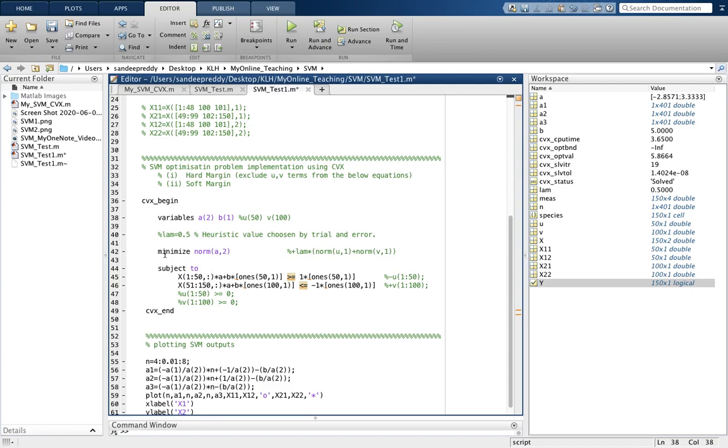As you can see here, minimize, this is our objective function. We were concerned about the 2-norm. Here A is the variable, whereas in our example W was the variable. Here I have used A and B as the notations. We can always change it to W, there is no problem. X is the input data point, and earlier we clubbed these into two equations. I am writing them individually here. There is no problem with writing them individually. Please go through the CVX tutorials for more details on what is called disciplined convex programming.